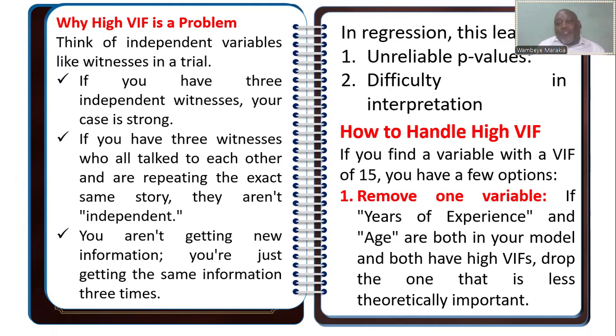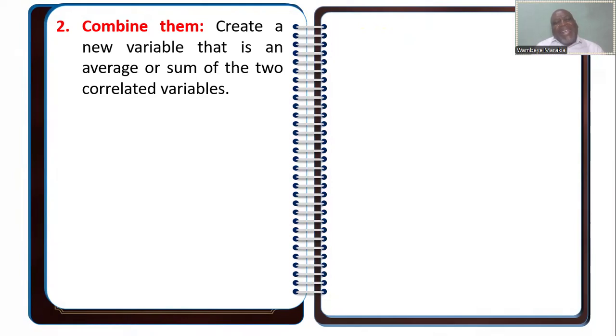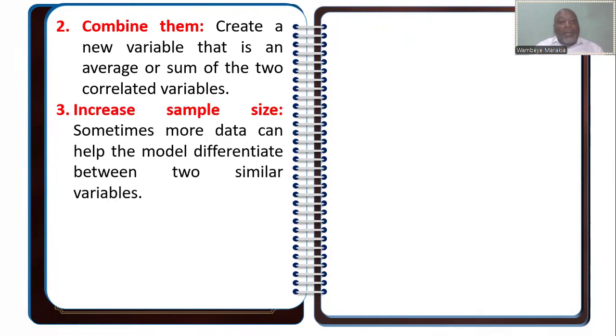If you are considering the years of experience and the age, and both of them are in the model, remove one of them, or combine. Drop this variable, because you are looking at the years of experience and you have the age. They might be the ones producing this. So remove one of them, drop it from your list, and then test again and see what happens. Second, combine them. If you cannot remove, combine them so that you can get a new variable that has an average or sum of the two, and you will see how the VIF